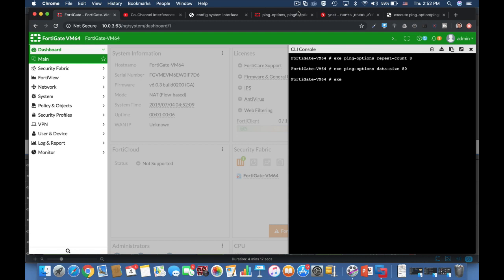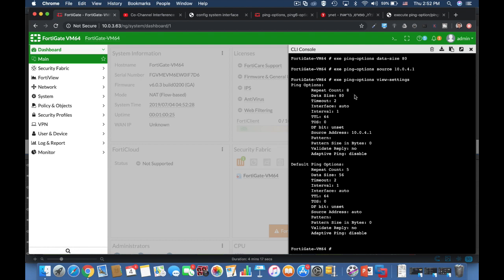And let's use a different source. All right, let's use 10.0.4.1 as our source. Now, if we use view settings, we will see that our repeat count is 8, our data size is 80, and our source address is